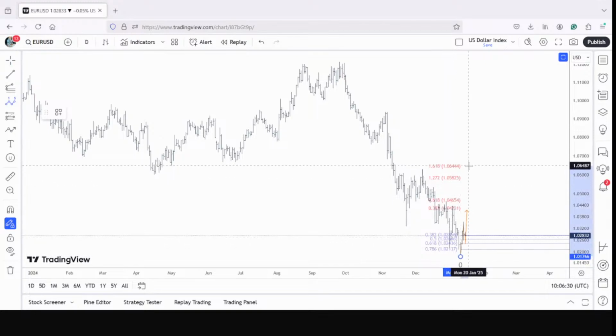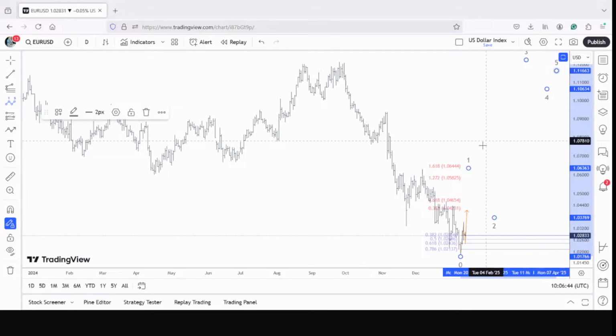If that is the lower degree wave 1 on the minute side, we've got minute 2 and then 3 up there, 4 and 5. So this is a minor degree. We'll have to just assume that it's a minute one, lesser degree. It makes a lot of sense. The way it has dropped, almost a similar way it is going to go back higher. All right, that's what it looks like.